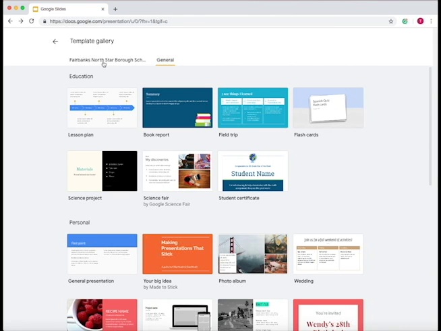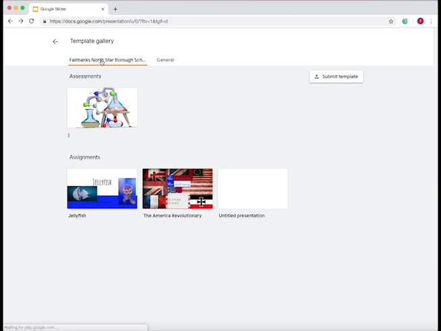And then if you want to look through the Fairbanks North Scarborough School District one, these are all the templates that anyone in the Fairbanks North Scarborough School District has submitted. If you want to submit a template of your own, such as your teacher, and you want students to use